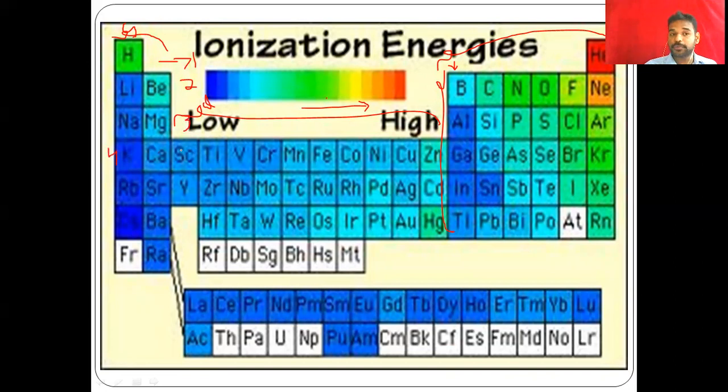There's a 4s and 4p. Don't confuse it with 3d. 3d is a continuation of the third shell, but the new shell introduced is the fourth shell here. Okay, then 5, then 6, like that. The number of shells increases down the group, but along the period, the shell remains constant. So this is the first thing.